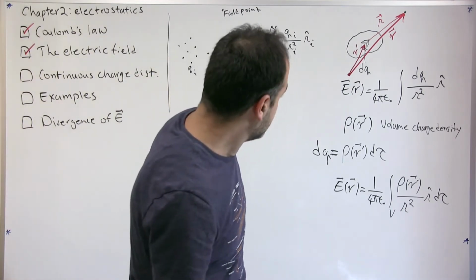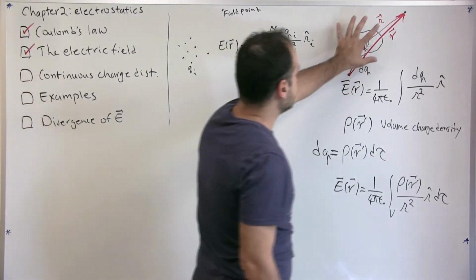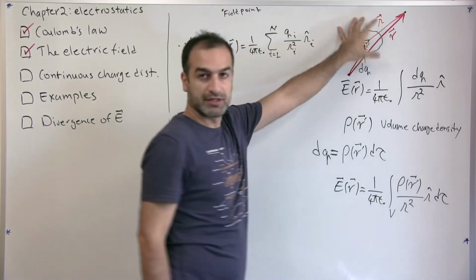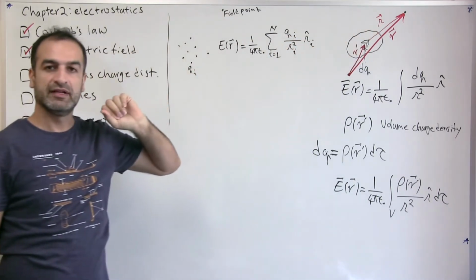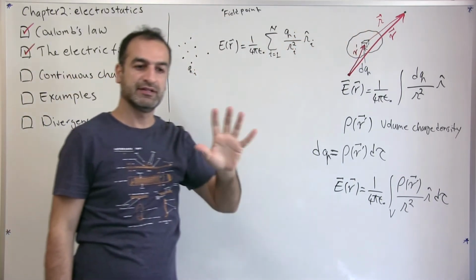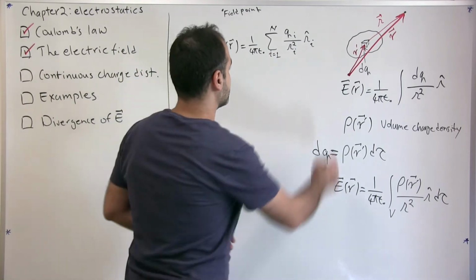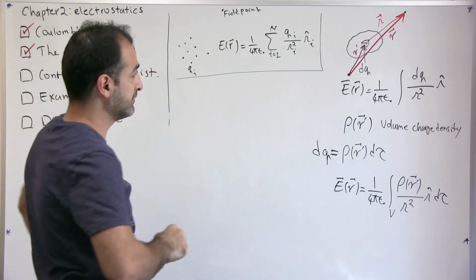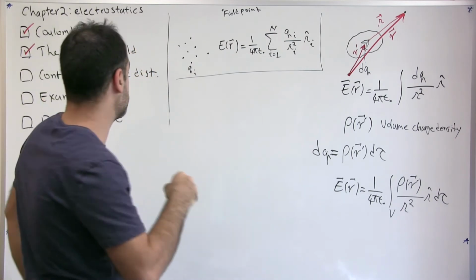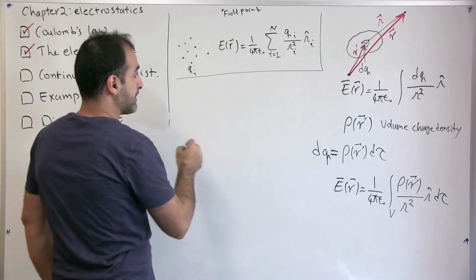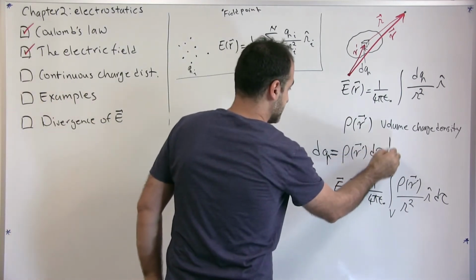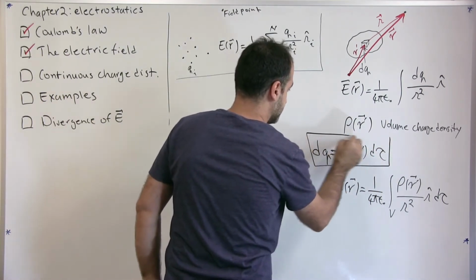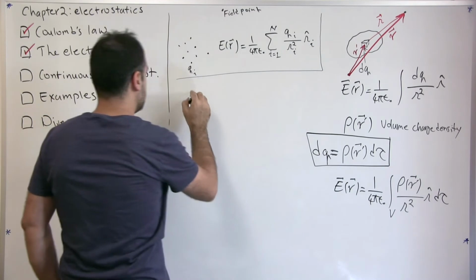So this is good if we have a volume charge distribution. Sometimes we only have a surface or linear charge distribution, so we need to do a little bit of modification. Here I said dq is rho r prime times tau. If we have